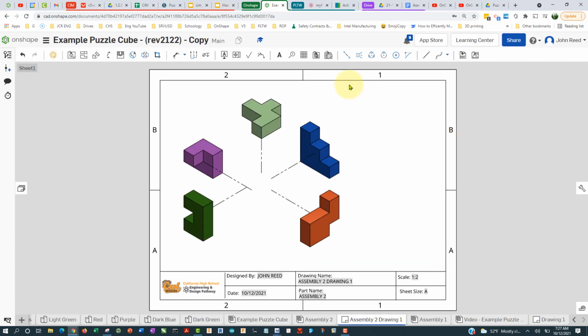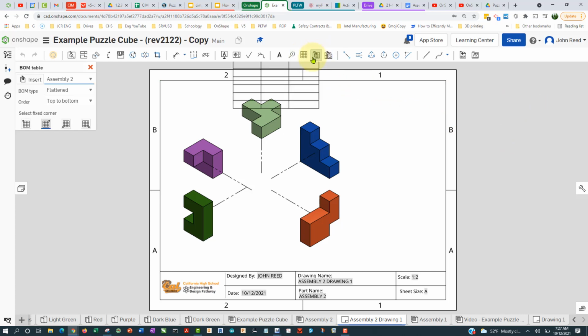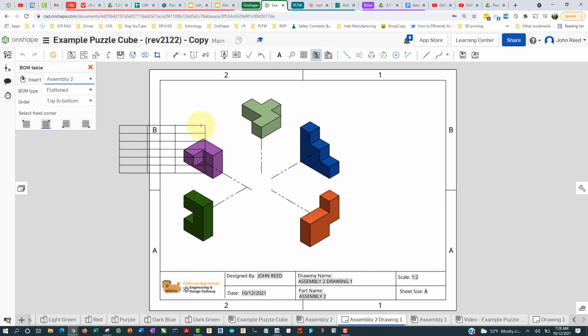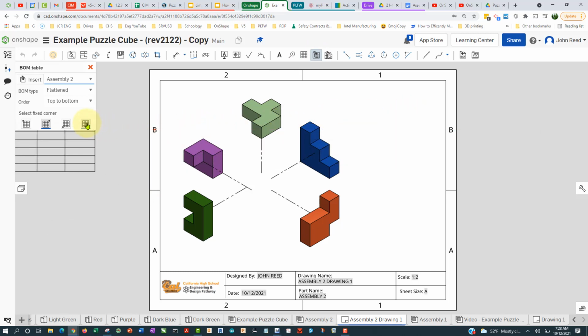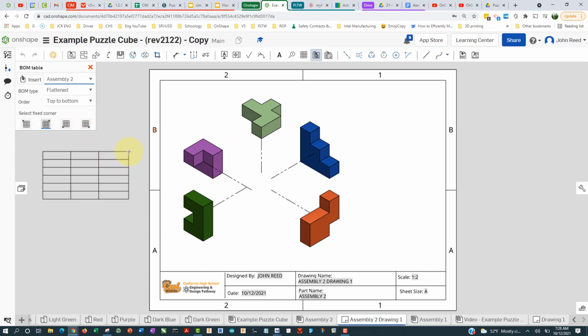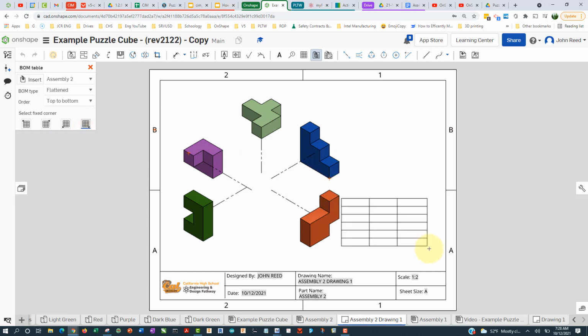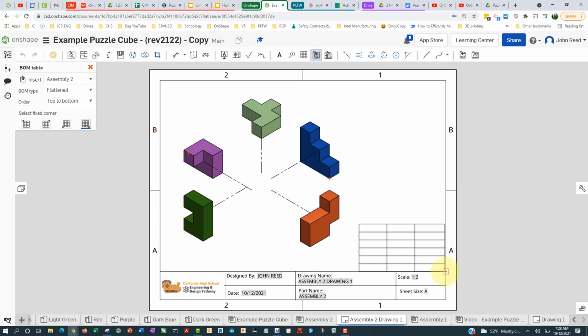Now we want to come up to and hover up here, BOM Table. Okay, so click on BOM Table, and it's going to bring that little table that we just created. Come over here and click this one here. This is where it fixes the lower right corner, as opposed to currently it's the upper right. So click lower right. I'll show you what that does in a minute. So if you click there, then it allows me to place that lower corner right there on the lower right. So left click there,